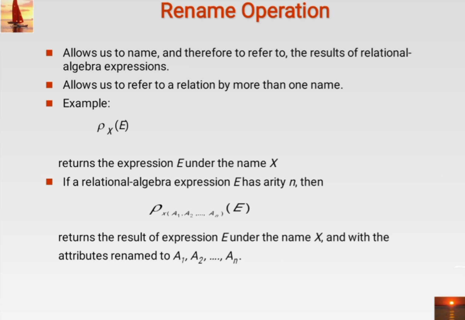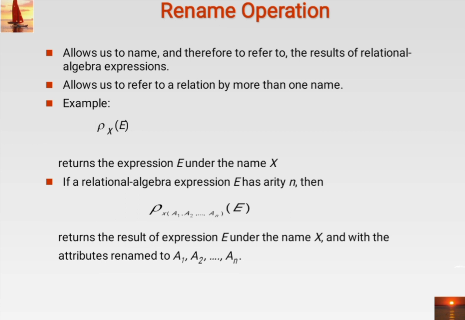Here I am having another one, the rename operation. So rename operation means what? Why do we require the rename operation in relational algebra or in SQL? Because sometimes the attribute names are much bigger, and the queries are much more complex. Whenever we are writing the query, there are many attributes which we need to write in the query. At that time it will be very difficult, and the query will be more complex. So to avoid that, we are using the rename operation, right?